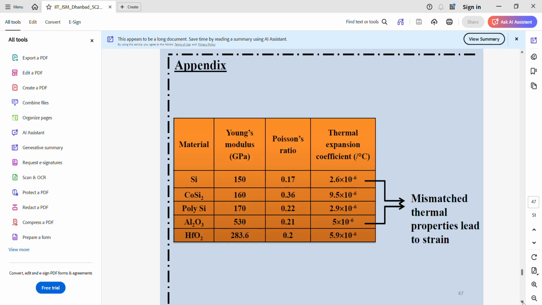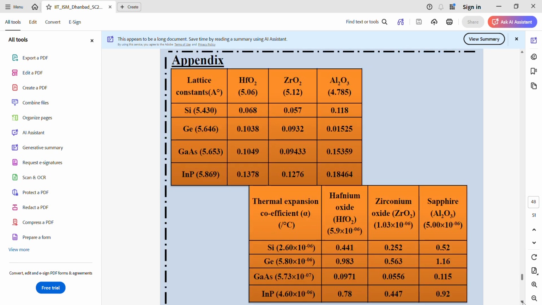And finally, we present some material comparisons. That is why we are choosing this material, like silicon and sapphire Al2O3. As I have said, their mismatch is such that it can induce quite a good amount of strain in the silicon structure, because sapphire is thick and it won't be much impacted by the thin silicon layer or a thin silicon nanowire. However, that amount of strain, which is a very big amount, can be modeled as per